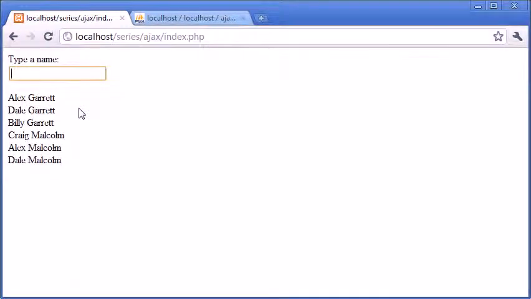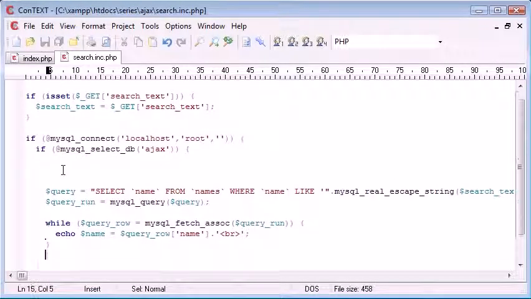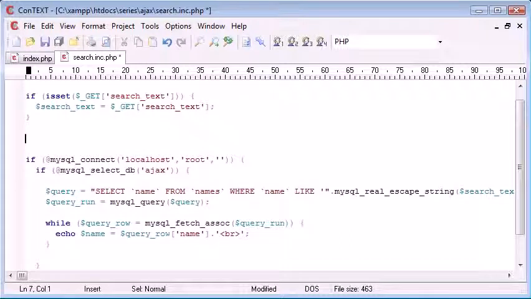If we type now, okay, this is another problem that we've got. If we go back to nothing, what's happened is it's selected everything that doesn't equal nothing and then a wildcard. So all of this is classed as a wildcard now because we've got nothing in front of it. So what we need to do is create an if statement in here to say if, in fact we can do it above this, to be a lot better. So if not empty